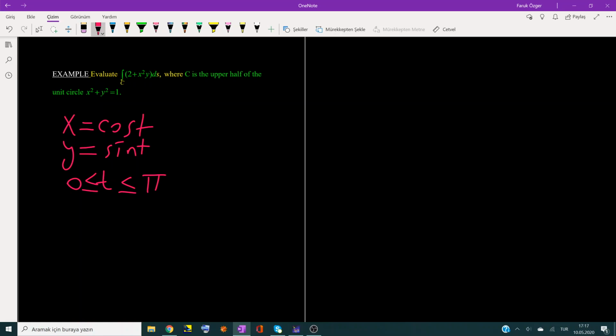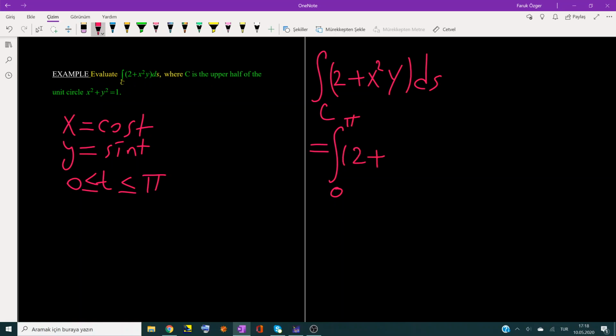Okay, so the line integral of 2 plus x square y ds is equal to the integral from a to b. Try to remember the formula of the line integral on the curves. Integral from a to b, in this case from 0 to pi. We write the function. Okay, instead of ds we have